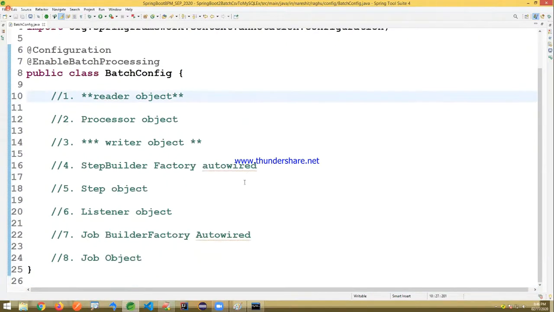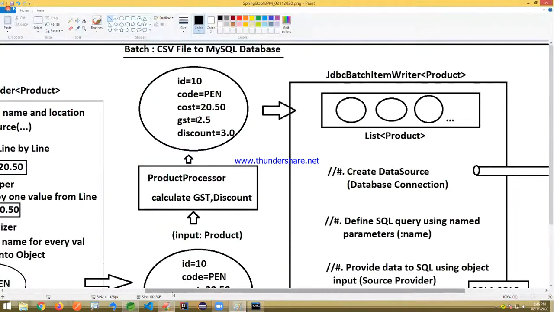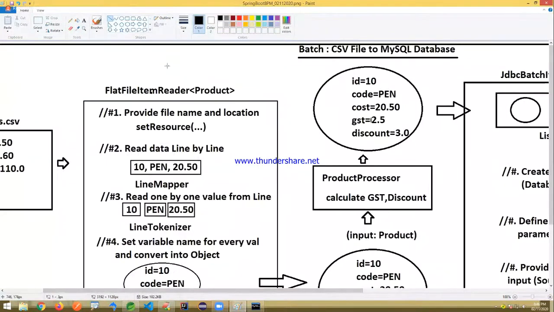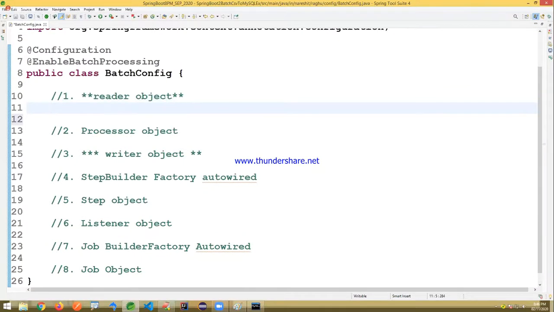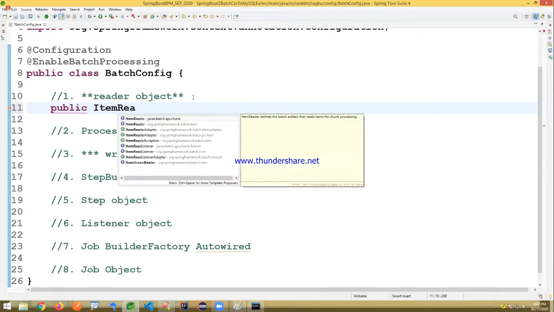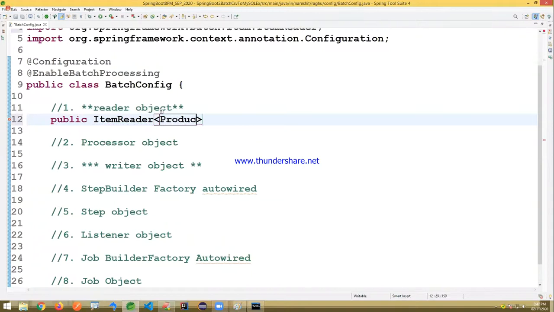Observe carefully here. Reader object, writer object. Okay, what is a reader? Flat file item reader. Okay, or else directly you can write reader also here. Observe carefully. Public. You can write something like item reader. Okay, it's a product type. It's a reader.